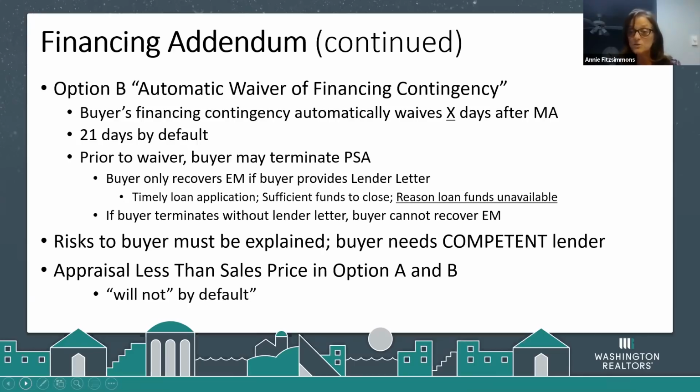then you can tell them however many years you've been in the business, or maybe if you haven't been in the business a lot of years, maybe you want to say, my firm has been in this business for a gajillion years, and here's our experience. There are a whole bunch of lenders out there who make a whole bunch of promises. But if your lender doesn't deliver, and we'll define deliver in a minute. If they don't deliver within 21 days, then buyer, you're going to lose your earnest money, because we have to